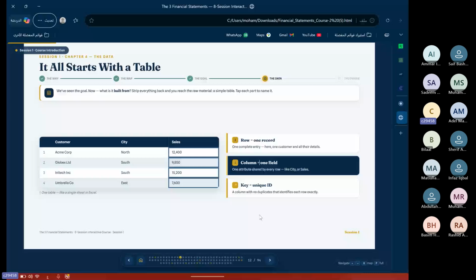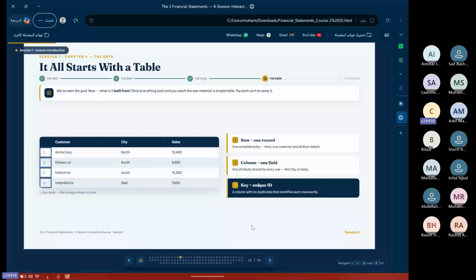And then we have something called the key, the unique ID. Something that will not repeat. Something like what? This one will always be with this customer. These two will always be with this customer. So this is the ID for him. It will not be changed, like your Iqama ID, like your passport ID, like anything. It's unique for your Iqama number. We cannot have my Iqama number be the same as your Iqama number. Of course, nothing like this. So this is a very important column, and we will see what we will use this column for.